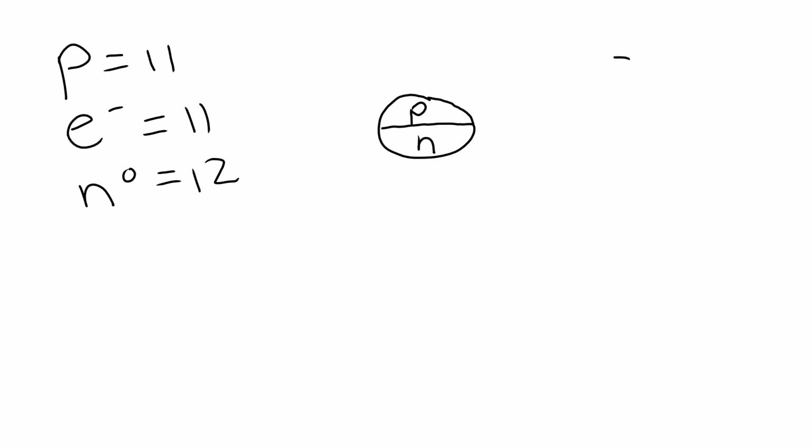I do it like this. Sometimes some teachers will actually go and draw the individual atoms, protons and neutrons in like this. I find it too time consuming. I don't like doing that. I like to just split it and write protons on one side and neutrons on the other. Perfectly fine. It doesn't matter if you do it this way. You're still going to get the marks for telling me how many protons and neutrons.